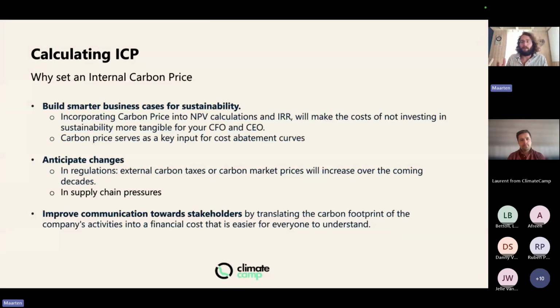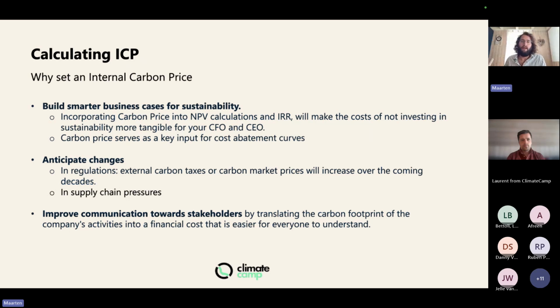Now, this is a challenge for every business unit. All business units generate costs and have budgets, but they need to build business cases as a reference as to what costs will be saved, or what revenue can be gained by investing in certain projects. You can incorporate carbon price into net present value calculations and into internal rate of return, which are financial instruments used by the finance department to really see what the value is of certain investments. And this will make the costs of not investing in sustainability more tangible for your CFO